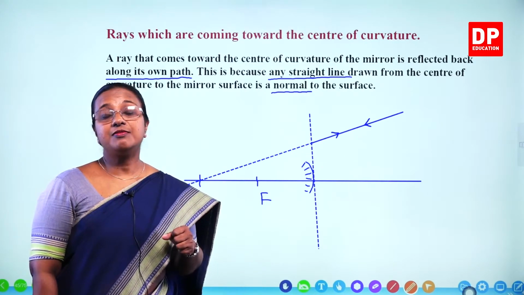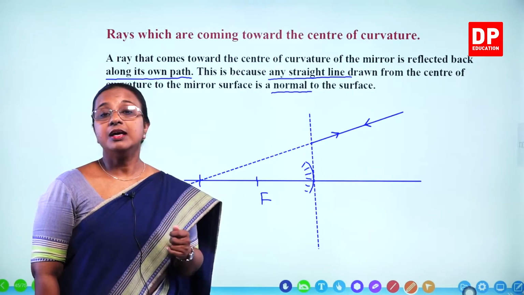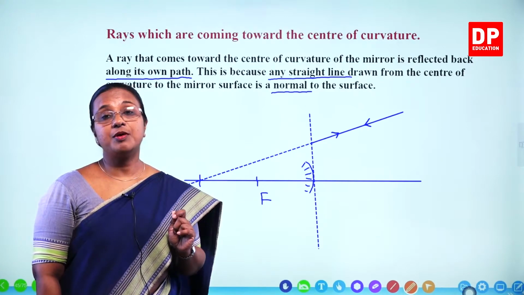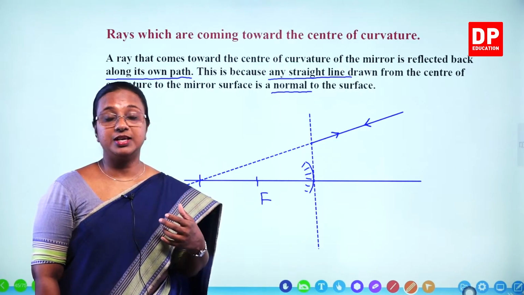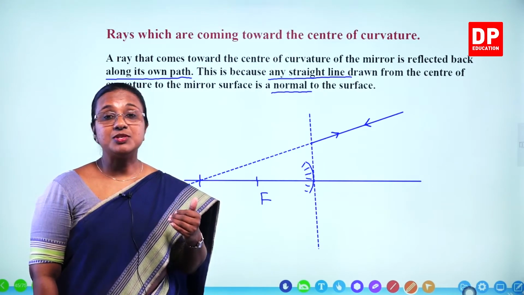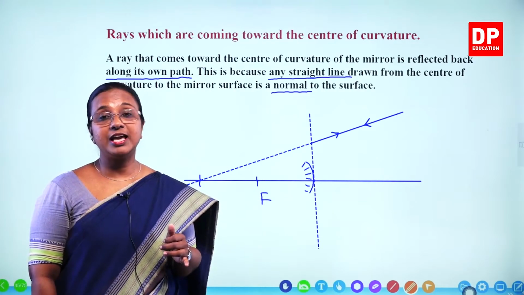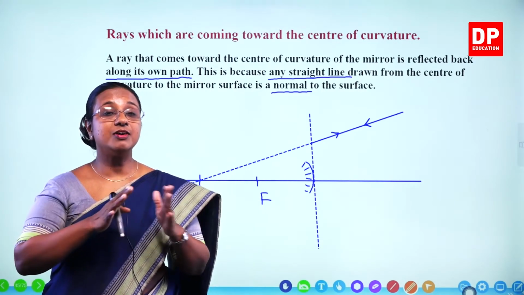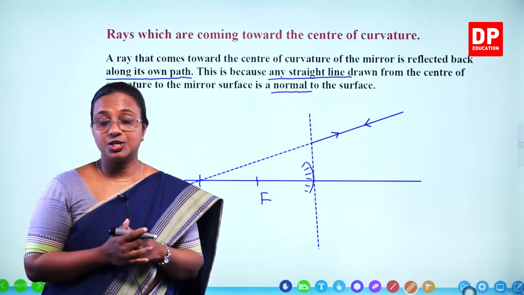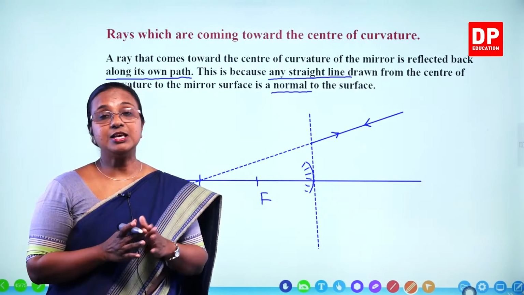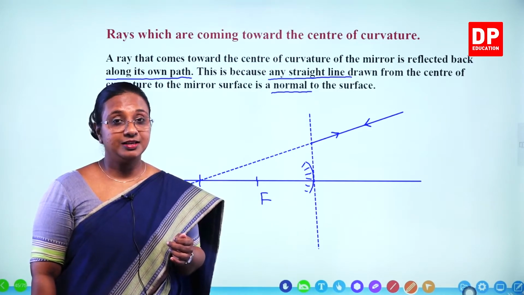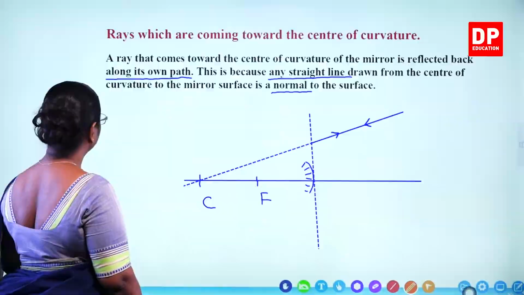So because they reflect in such a manner, there are images formed by the convex mirror. We will see what type of image or the properties of the image that is formed by the convex mirror. You all can remember, students, we did the same thing with the concave mirror. You can remember there were many different types of images formed based on the position of the object. Now we will see whether a convex mirror also forms images like that. To do that, we will move on to an activity.